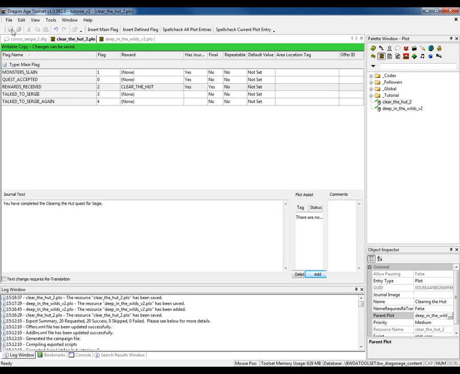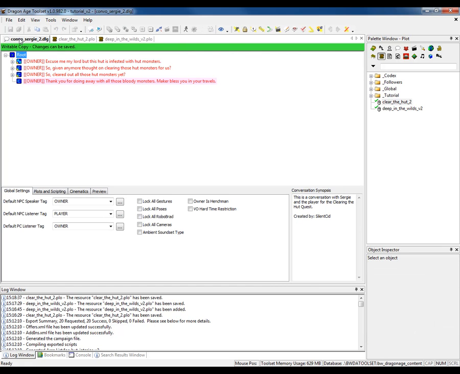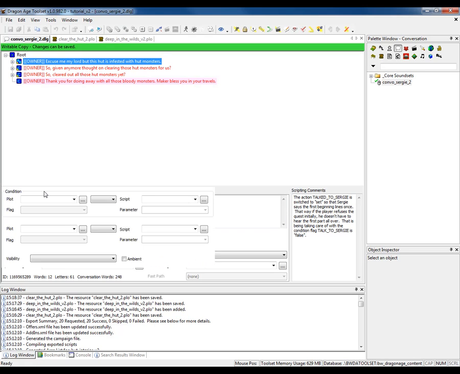Now it's time to punch in all of these main flags in our conversation resource, and it's going to play a big part in it. As you can see here, when I click on our conversation resource, if you don't have your conversation resource, just make sure you go to your palette window, conversation, and just double click on it. You're going to see here it says AC CCC. If I click on it and go to plots and scripting,